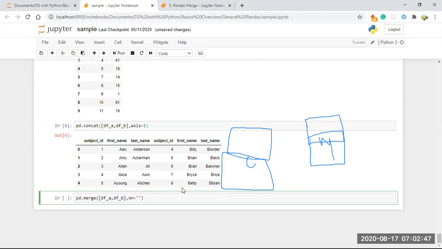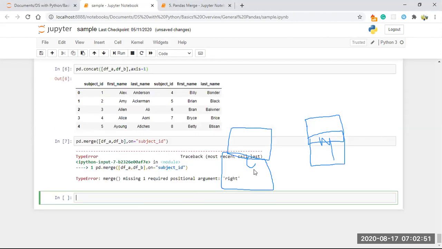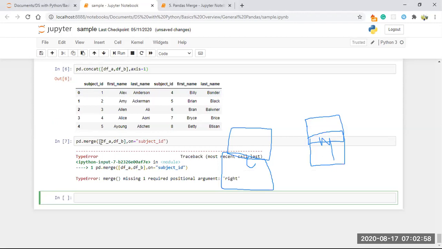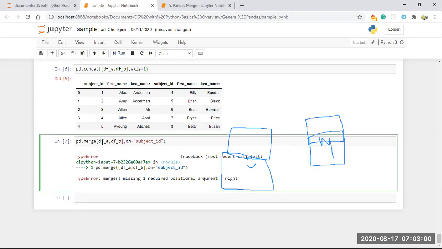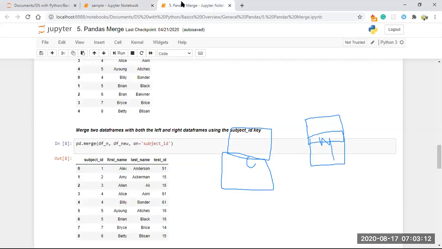So I'm giving subject ID. See, this is how it's merged. Merge means it will take only the related elements. So you will be getting output like this.